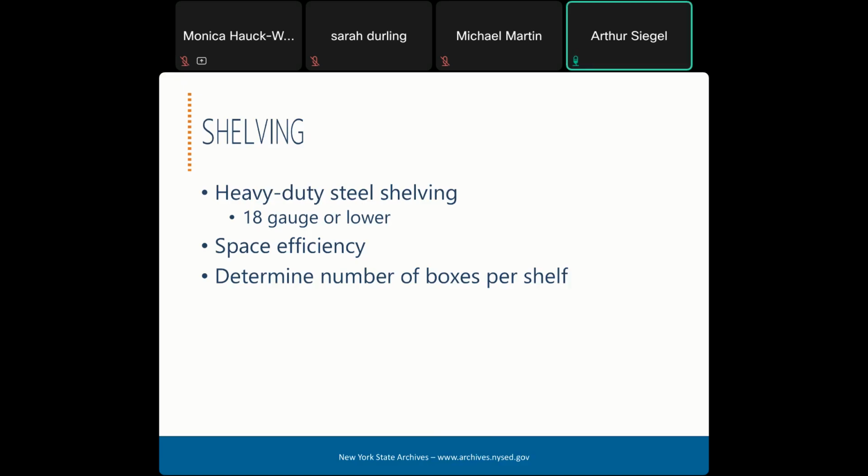Because of all this weight, and to make them more secure, you may want to consider anchoring the shelves to the wall or to the floor to avoid the potential for tipping. You also need to completely avoid wooden shelving, as these are not as strong and the wood is subject to off-gassing, which will jeopardize the records over time.